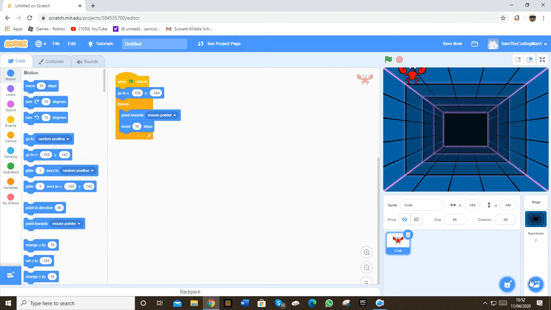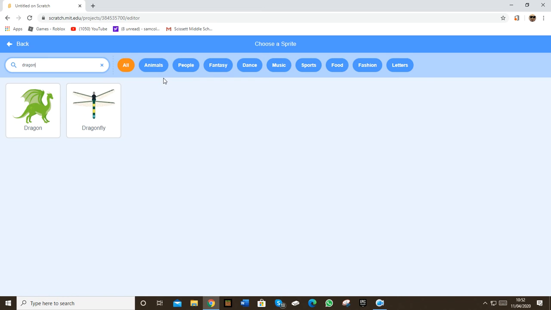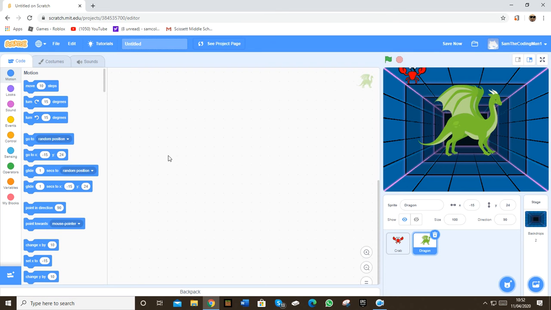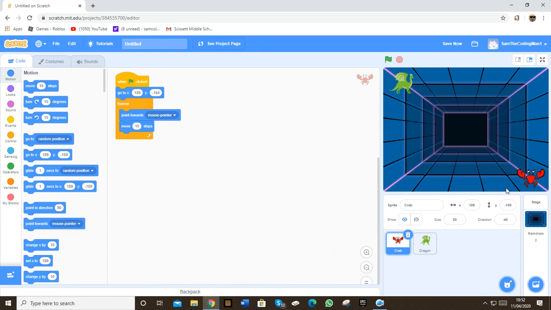And now we want to choose another sprite. We'll choose the dragon sprite. So as you can see, he's a bit big, like very big. So we'll change that down to a smaller size, like 30 here. That should be good. And then we'll put it in the top left corner. We'll also drag the crab away from him. So then